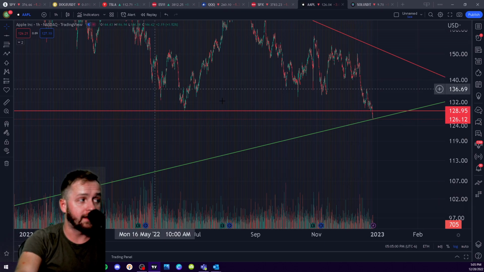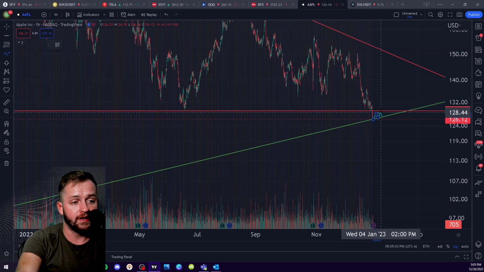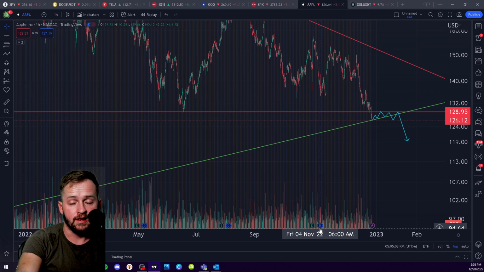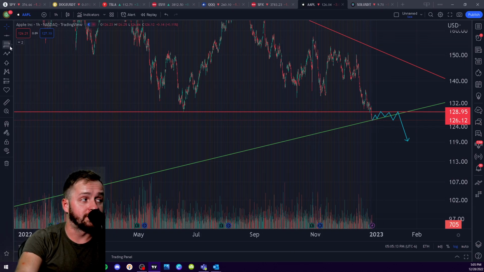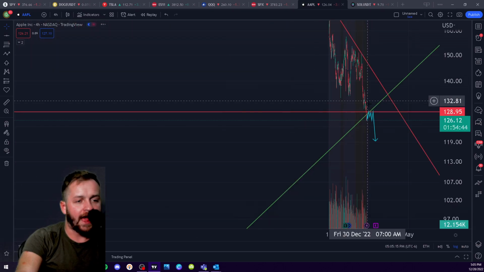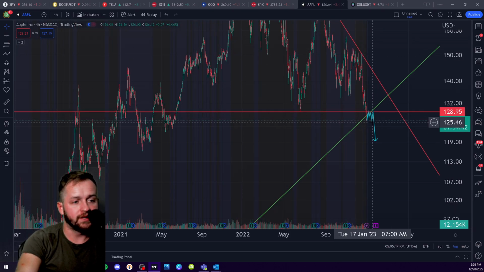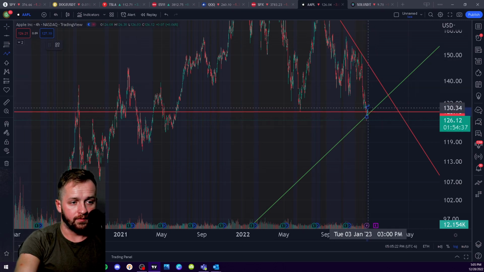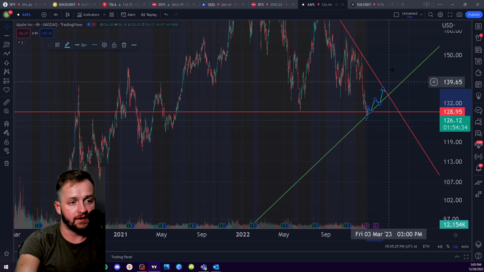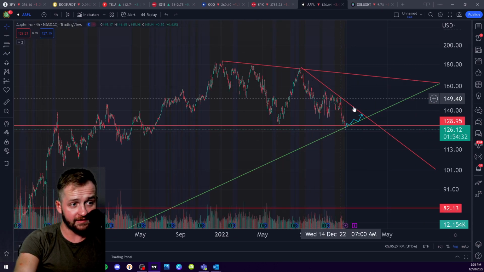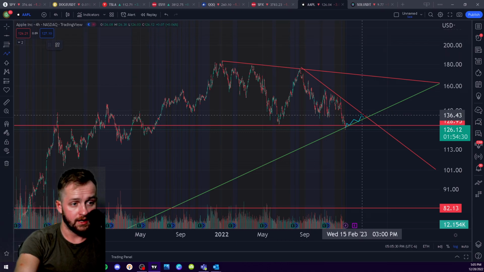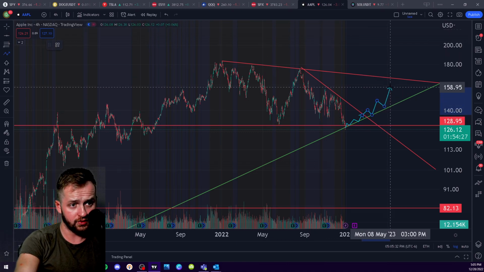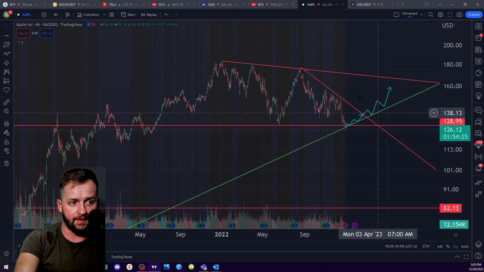Now, short term, I am expecting that Apple has some sort of recovery here and retests this 129 level before it continues to the downside, okay? But I will say that my bias is that you will see bearish continuation. And it might not even happen as I put here. What's really key is to be watching this trend line, because you could even climb up here and then test this downtrend. Now, if you test this downtrend back here and you succeed through it, then you can have another rally.